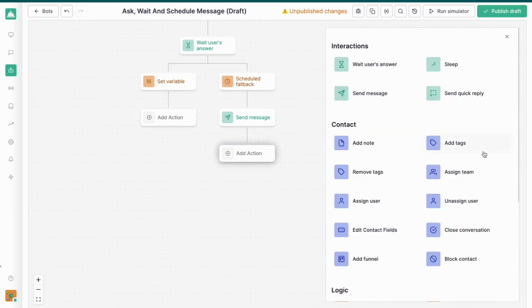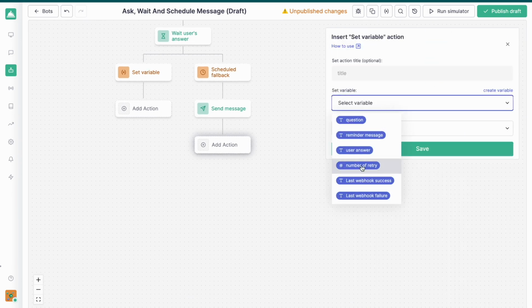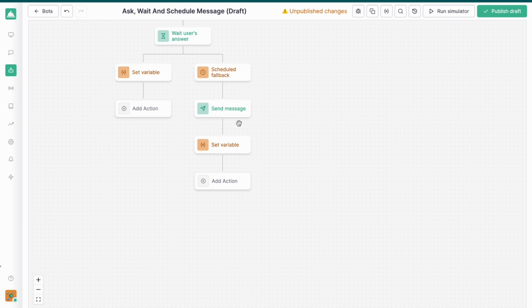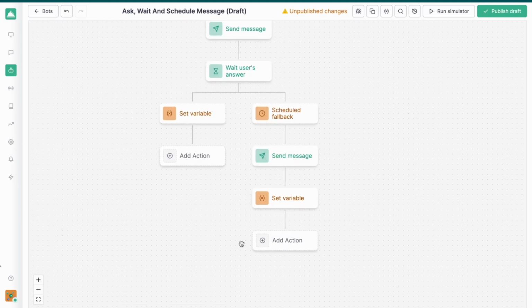So here we use it via the set variable. We set the variable number of retry. We add only one, because when we go into the scheduled fallback, we just increase by 1 the number of retry, and